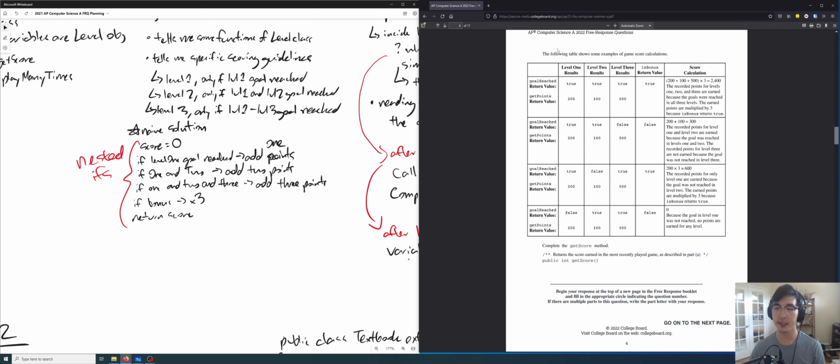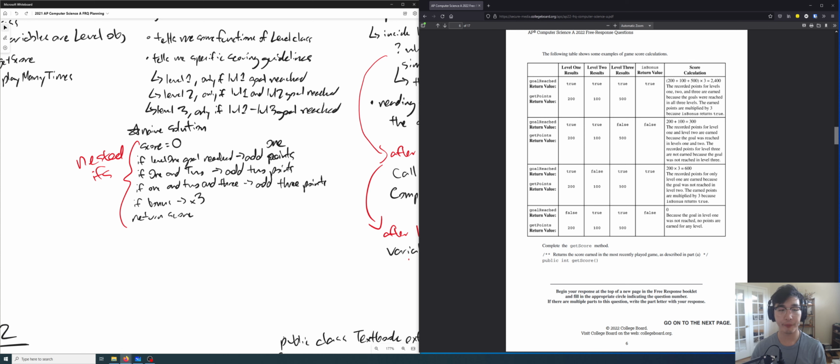Yeah, so here it tells me some game score calculations. So now that I wrote all of that stuff down right there, on the left side, my naive solution, I can go ahead and work through the logic and test each test case according to my framework and see if it works. So if level 1, 2, and 3 are all true, I should add up all 3. It is bonus, I times 3, and so forth. So according to my framework, according to my pseudocode right here, it seems like it returns the correct value.